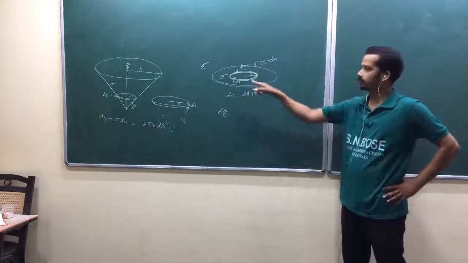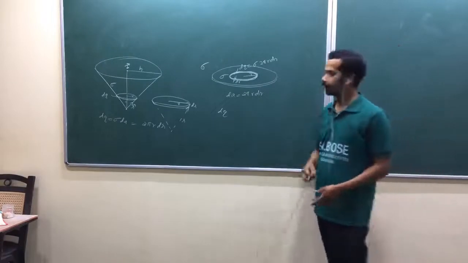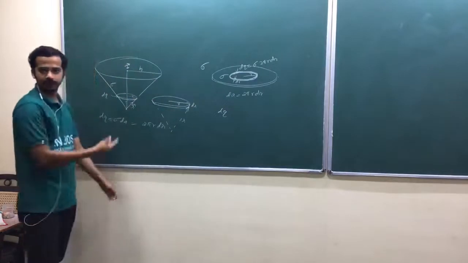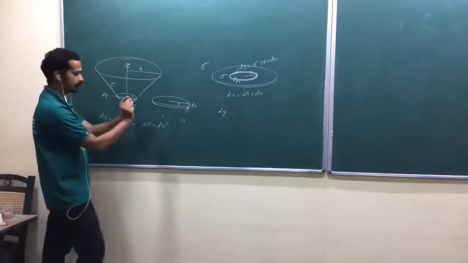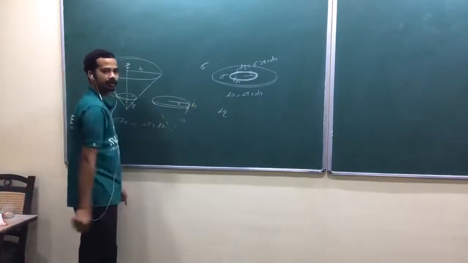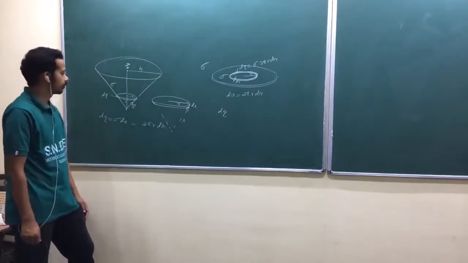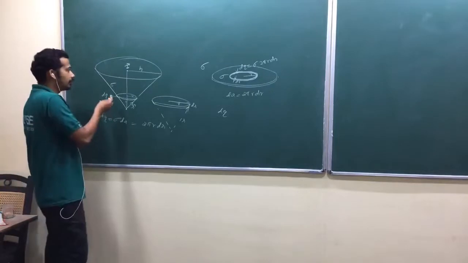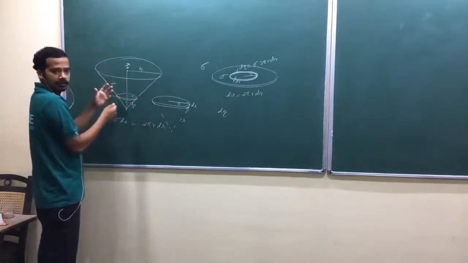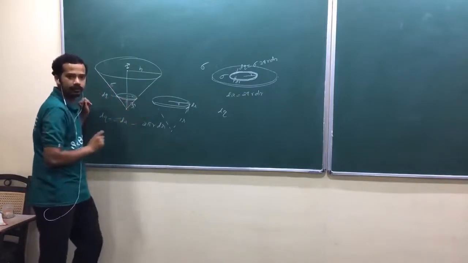We have done this here also, remember. How we defined the charge on the ring to the surface area. That was 2 pi r into dr, that's it. But here, if you write 2 pi r into dr, it will be extended like this. But your ring is not like this now, isn't it? The ring is like this kind of strip now. So that's why 2 pi r into d italic r will give the surface area. So you have to divide the whole thing into rings of small thickness d italic r only.